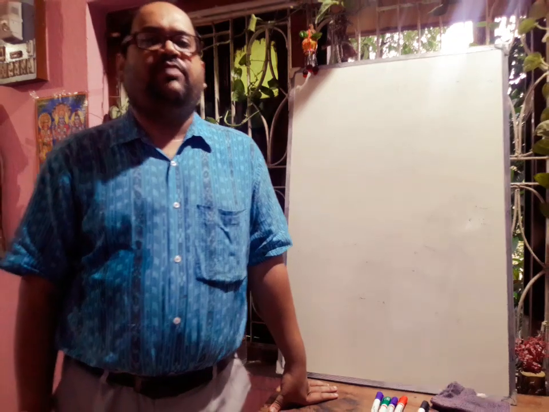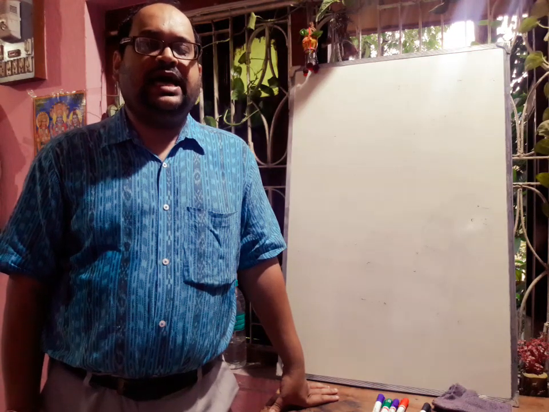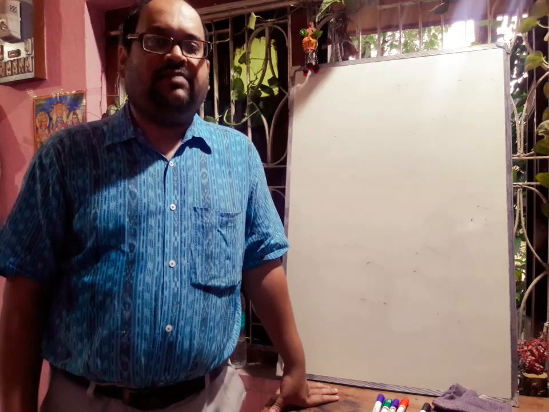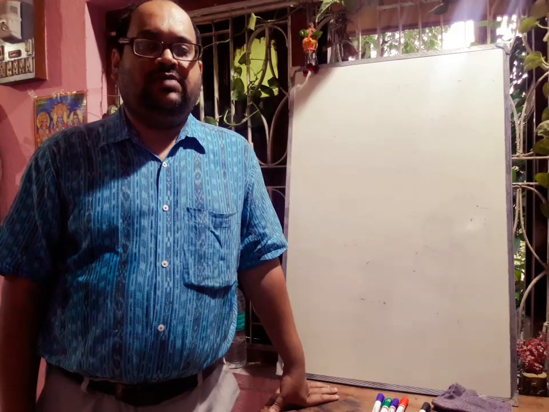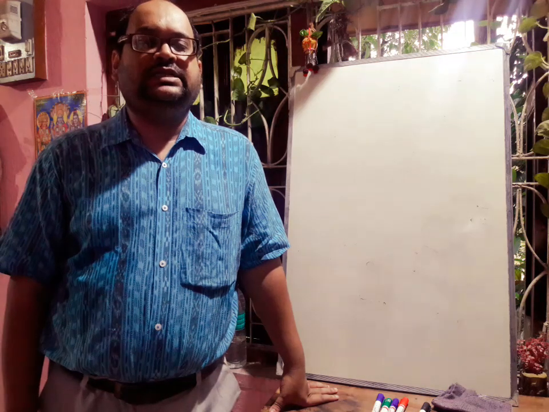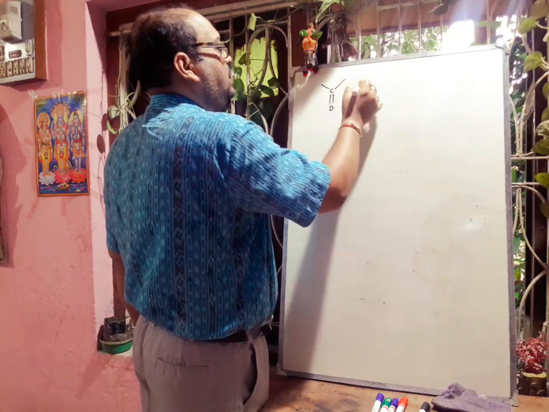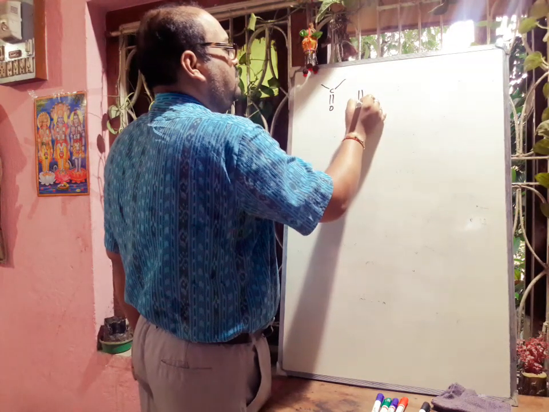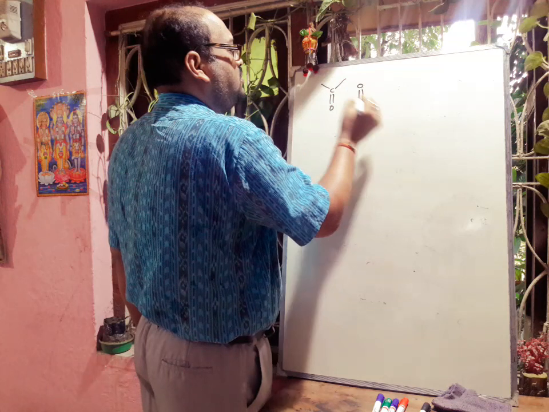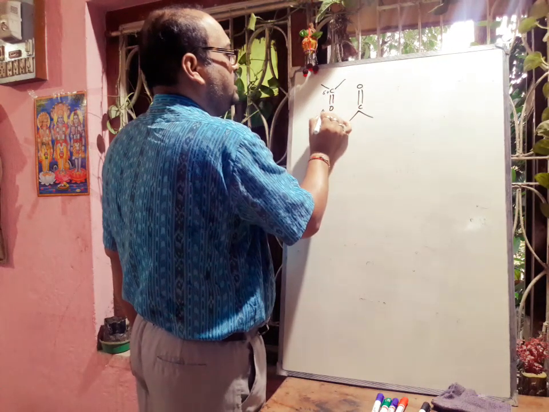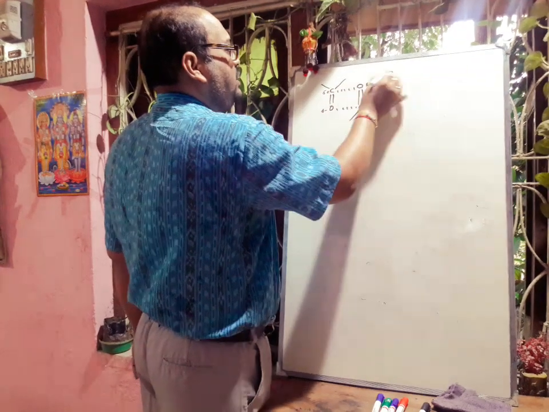Next we will discuss the boiling point. Aldehydes and ketones are polar in nature. Thus they have comparatively higher boiling points than the non-polar alkanes of comparable molecular weights. If we take an example, we can easily understand. We are thinking about this type of ketones or aldehydes. There will be a carbonyl group. So definitely this will be delta positive and this will be delta negative, and this will be delta negative, this will be delta positive.